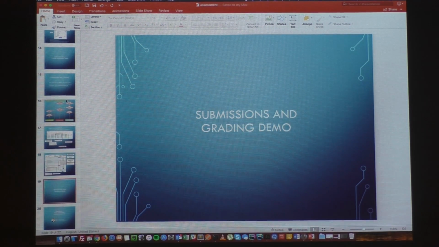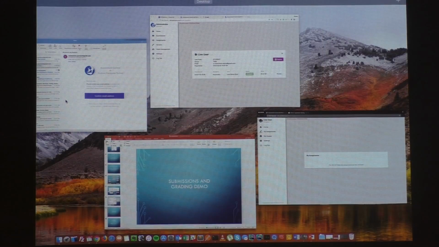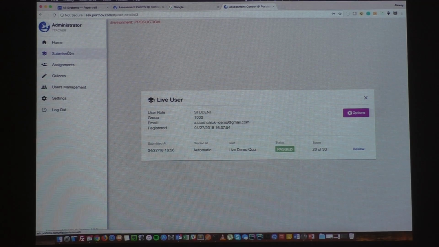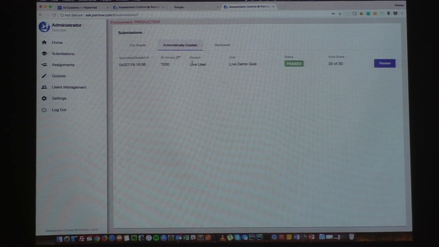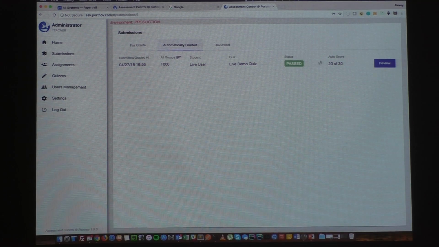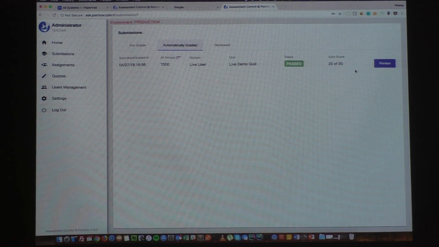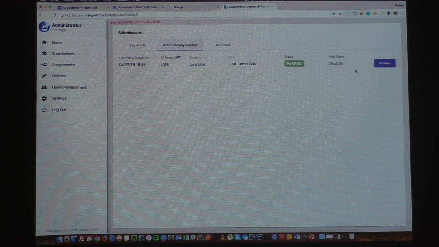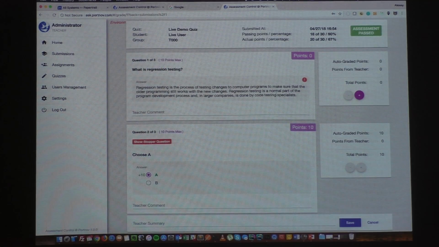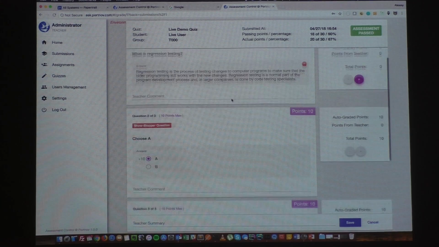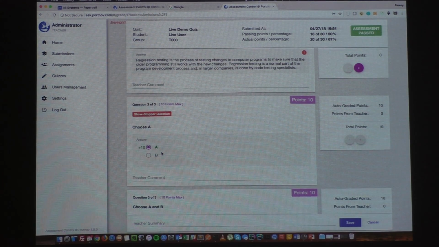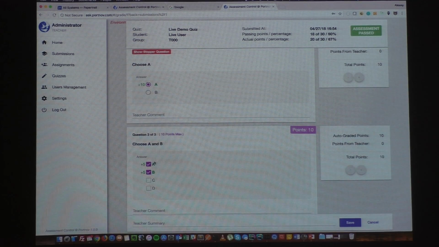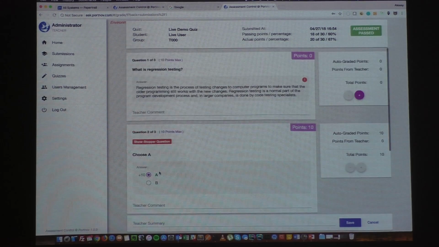Yeah, it's very interesting. So I'm going here to submissions. And you see that it was automatically graded because I reached 20 of 30, and that was the minimum score that I need to have. So I click the review, and boom, I see here that I answered the showstopper correctly, 10 points, and here +5, +5, and here I'm